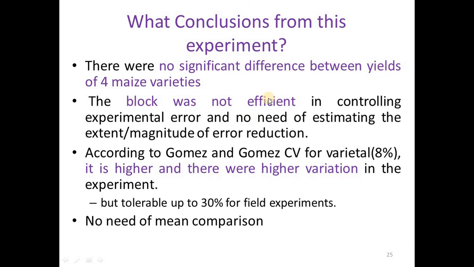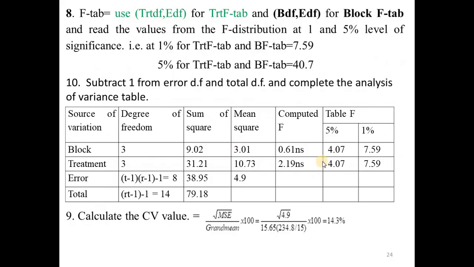The other conclusion is that the block was not efficient in controlling experimental variation, and there is no need of estimating the extent and magnitude of error reduction or block efficiency. Because from the ANOVA table the block was insignificant, there is no need to do the analysis of the relative efficiency of the block, because this indicates the block was not efficient in controlling